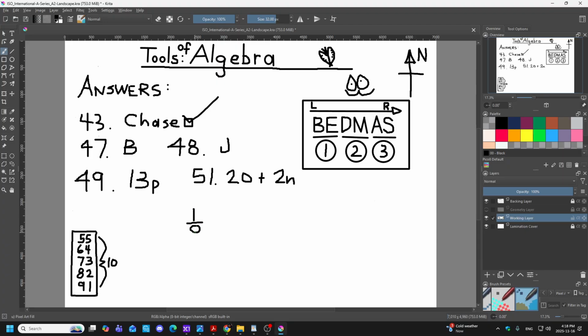Guys, gals, you know fractions, right? 1/8 of B. It can be written like that. Also, there's an imaginary 1, so we could write B divided by 1. B is a numerator, therefore we could write this as B over 8 as well. Okay? Both are correct. That's number 50.